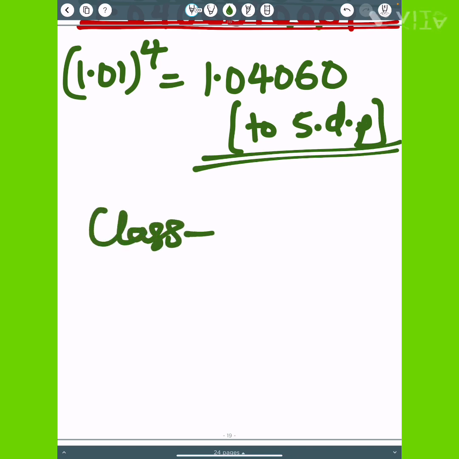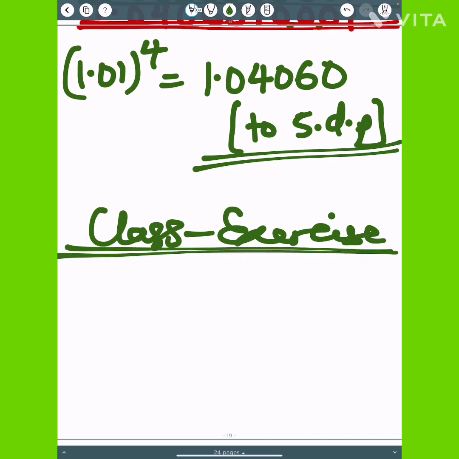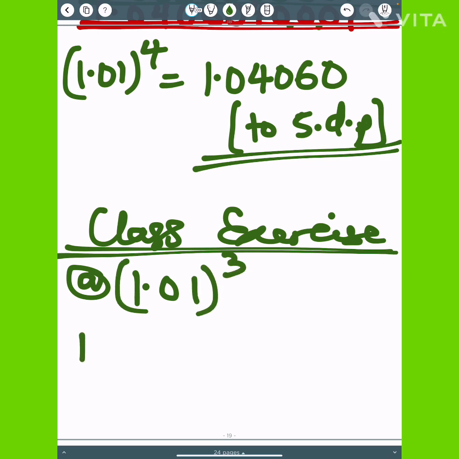You should take this as a class exercise. Use it to warm your mind, to exercise your mind. Expand using Pascal's triangle each of the following, and leave your answer in 4 decimal places. For A, 1.01 raised to the power 3, and for B, 2.01 raised to the power